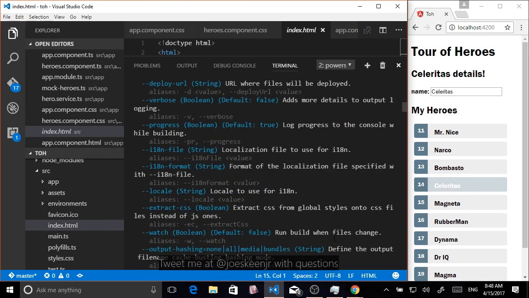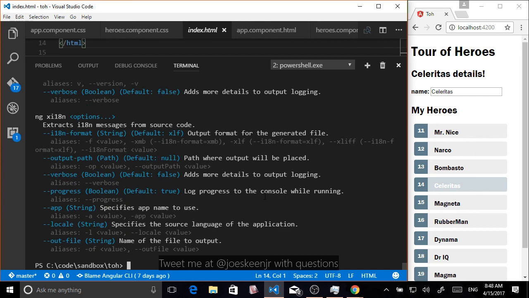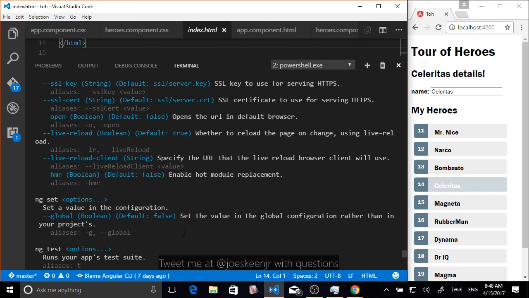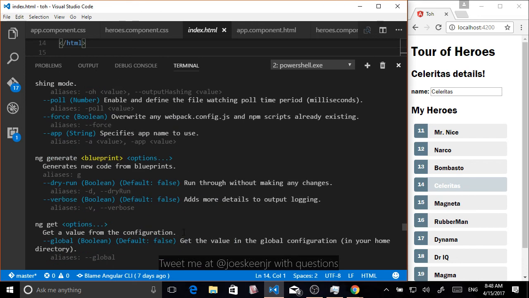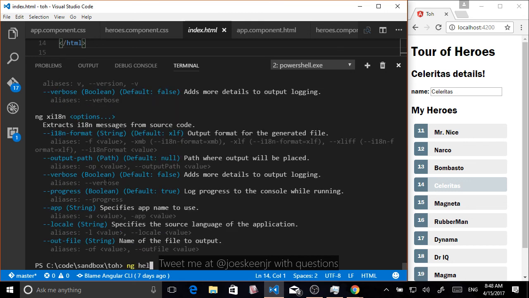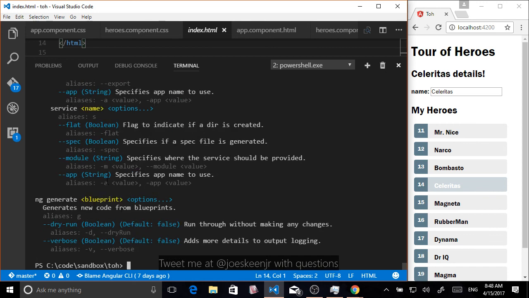Build. Here, let's get this out of the way. Try this again. Oops. ng help. That's a little bit better. ng set test serve new generate. Okay, what are the blueprints we can do? ng help generate. No, that's not very useful, is it? Alright, well,